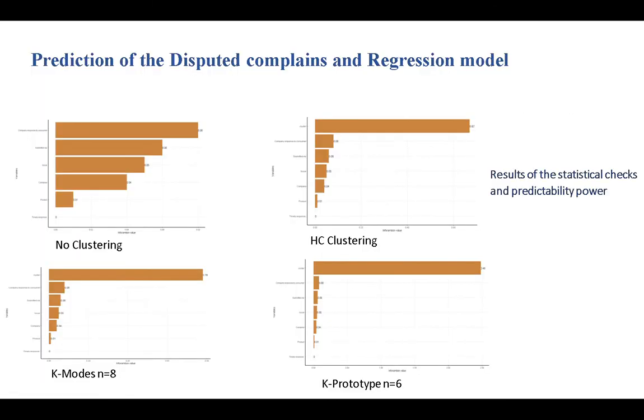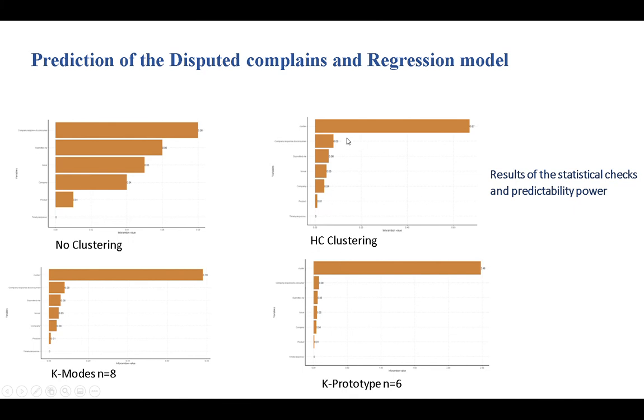Then we did a test for the prediction power using the data frames without clustering and with clustering. We had a very interesting discovery that the one with no clustering has a very low predictive power, which is 0.08 for the highest attribute. By the way, we did this test for all the models we built, but we chose the highest ones here.